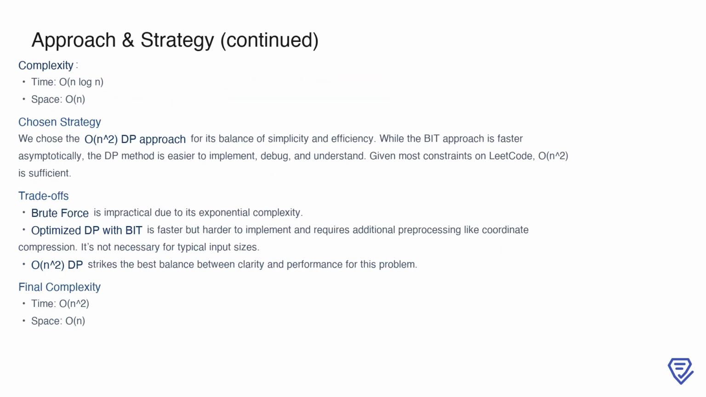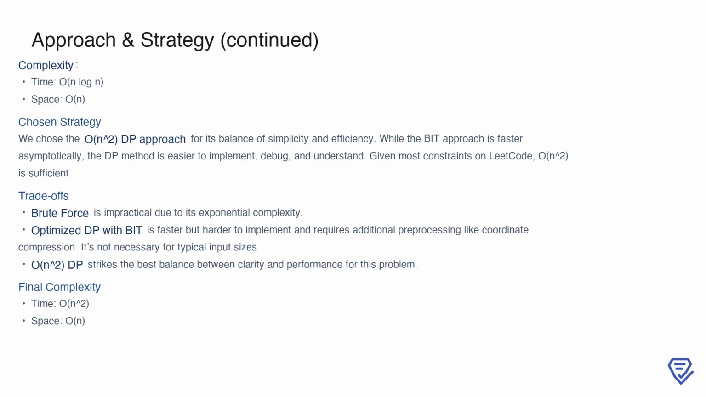Despite the faster theoretical performance of the BIT approach, we focus on the O(n²) dynamic programming solution for its simplicity and practicality. While the BIT method is more efficient for very large ranges, it requires additional pre-processing steps like coordinate compression and is more challenging to implement. In contrast, the O(n²) DP approach strikes a good balance between clarity and performance, making it well suited for